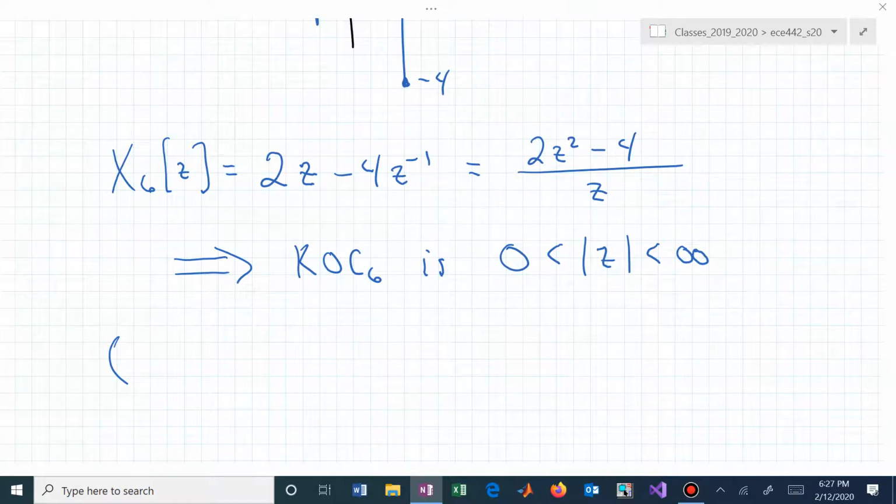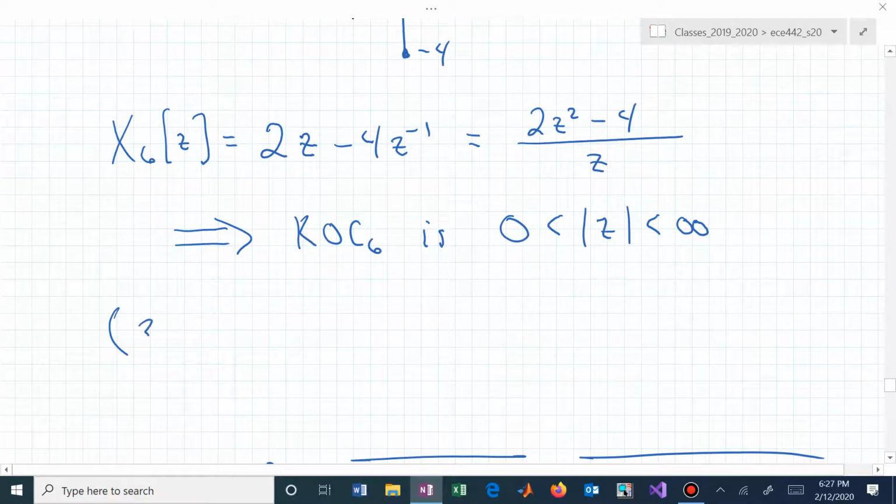But to finish this up, let me just say now that region of convergence